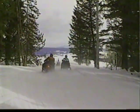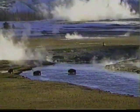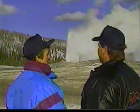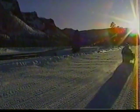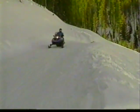There is no place in the world like it, Yellowstone National Park. Mixed in with wild elk, deer, and buffalo is some of the most breathtaking natural scenery in the world. Stunning mountaintop views, boiling hot springs, steaming geysers, and flowing rivers await. And there is no better time to visit Yellowstone than in the winter. Simply board a snowmobile in West Yellowstone, Montana, and the park and the surrounding national forests are all yours to explore. You could easily spend an entire month in the greater West Yellowstone area and still not see all there